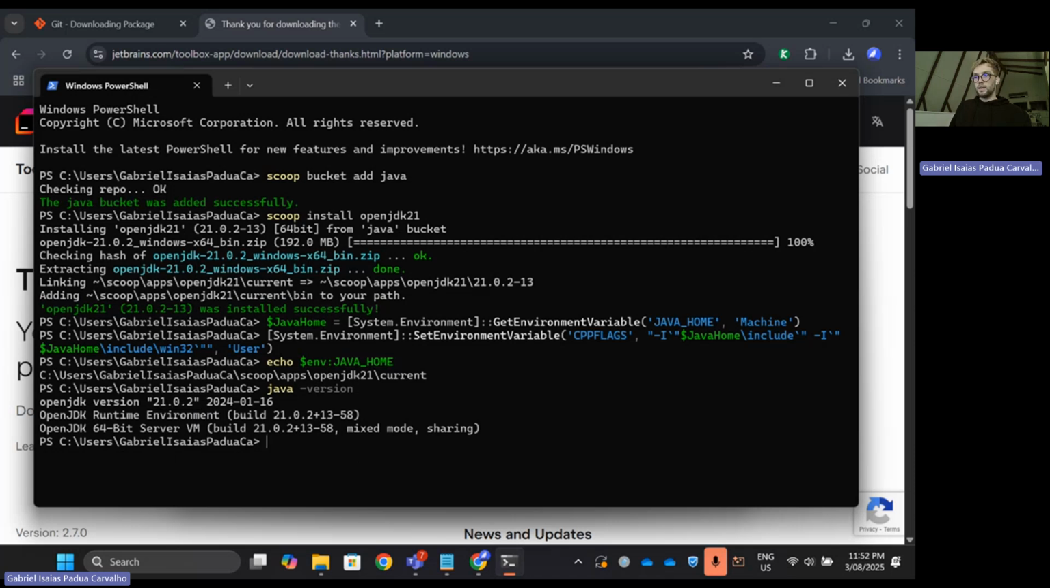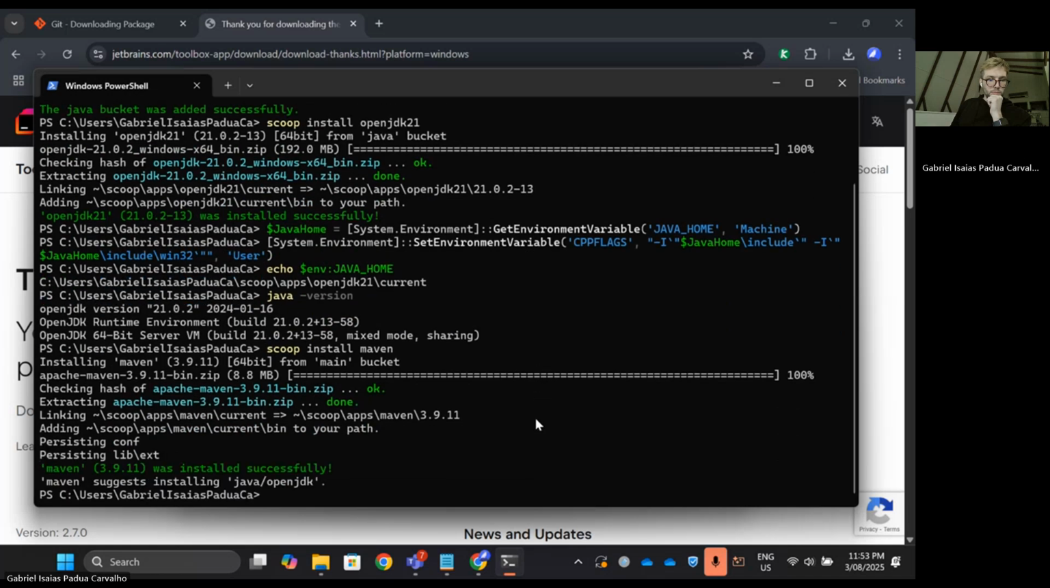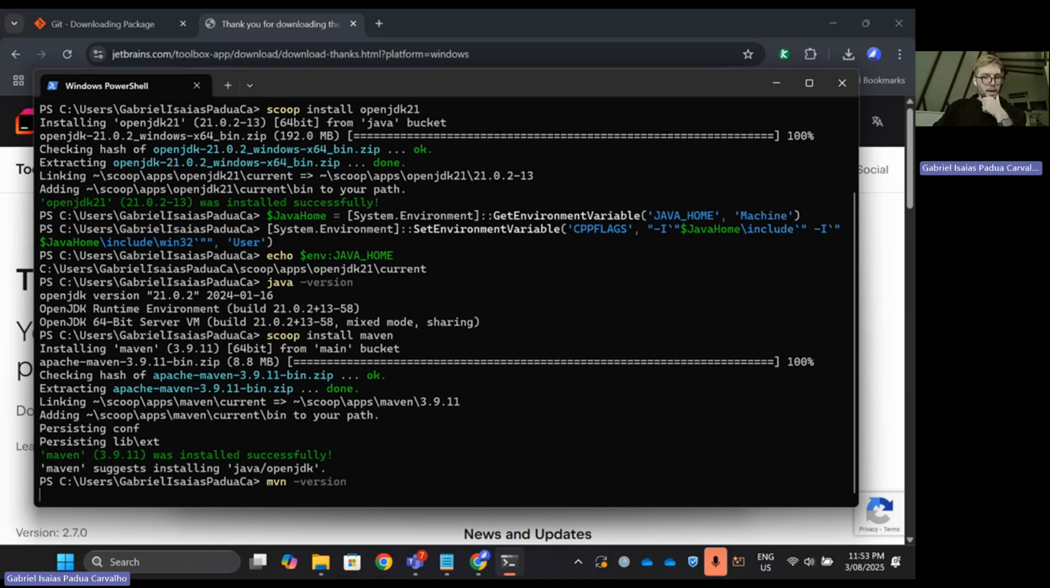That being said, we need now to install Maven, right? Scoop install Maven. Sorry for the typo there. Let's enter and let it cook there. It's going to be probably quicker. Nice. Beautiful. It is done. Now let's just check Maven version. And we have,